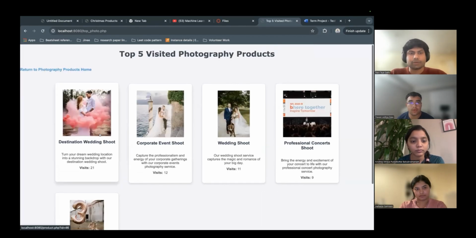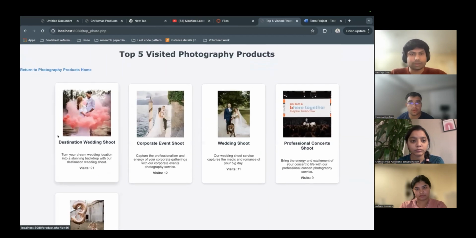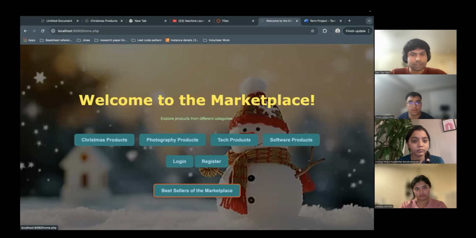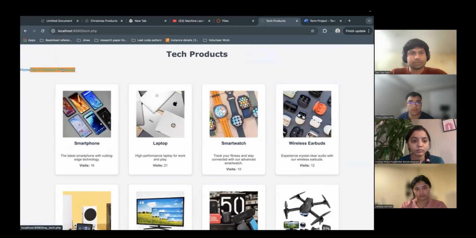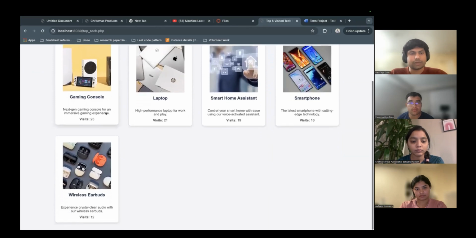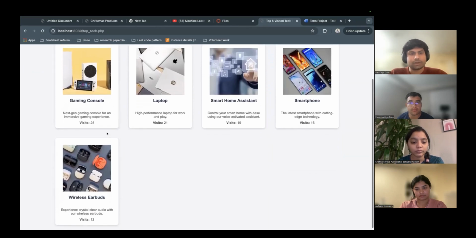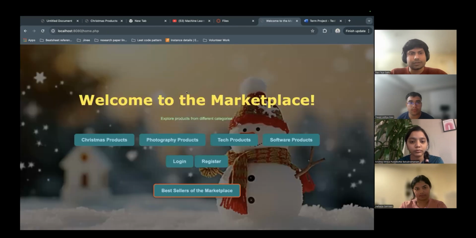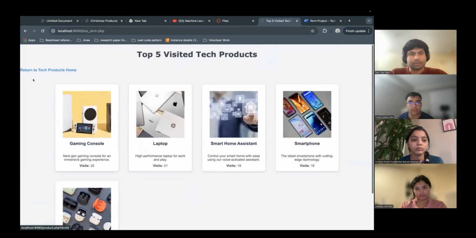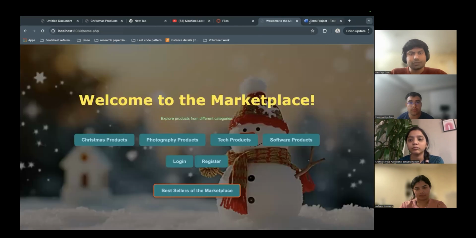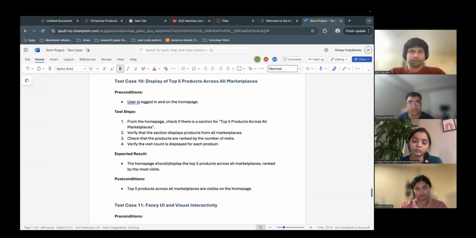And the other photography marketplace also has this. Every other marketplace has this feature, and it is functioning. You can see top visits being the highest in the top 5 visits, the highest being 25 here, least being 12. And yeah, I think these examples are satisfactory. In the last example, let's move on to the next test case, which is display of top 5 products